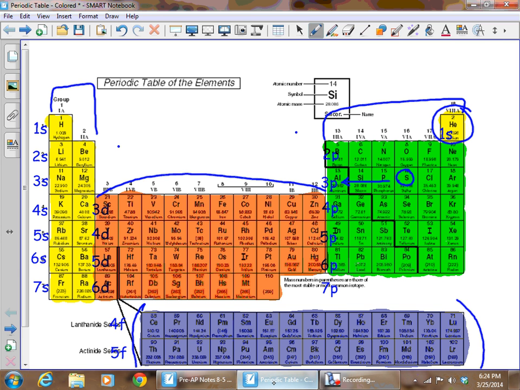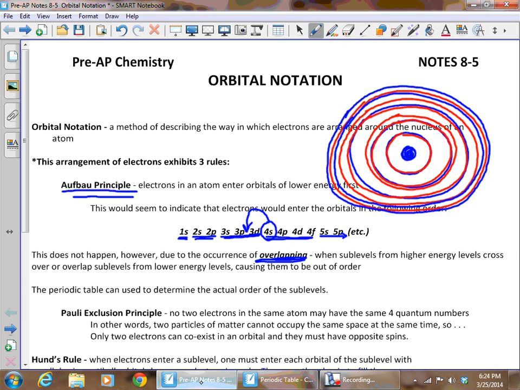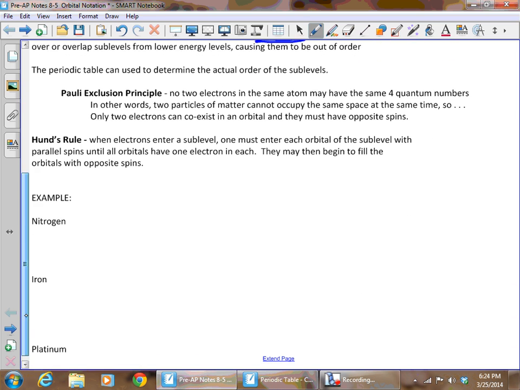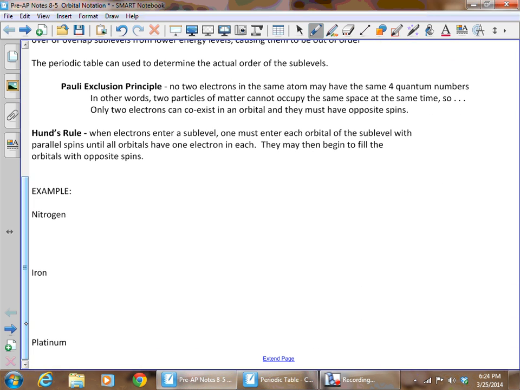So make sure when you're coloring these that you also write in these different sublevel names in the correct position so that you can refer to this later. So once you've got this colored and labeled,